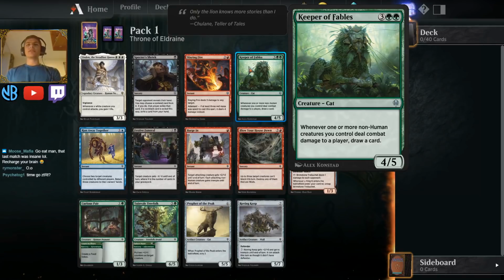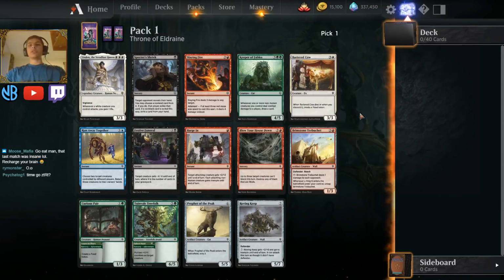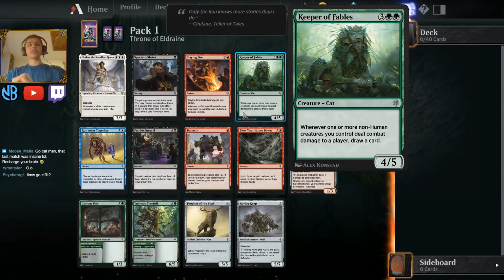This card strikes me as very good. 5 mana, and then when any of your creatures, including creatures that could potentially have flying, potentially creatures with evasion, whenever they deal combat damage, I draw a card. It's just such a powerful play. If you play it on turn 5 and immediately draw a card, it's just really hard to imagine losing that game. I think the only 2 defensible picks in this pack are Slaying Fire or Keeper of Fables, but I'll